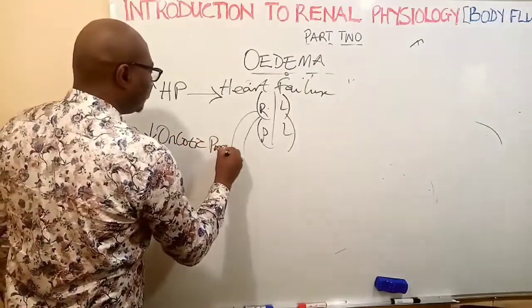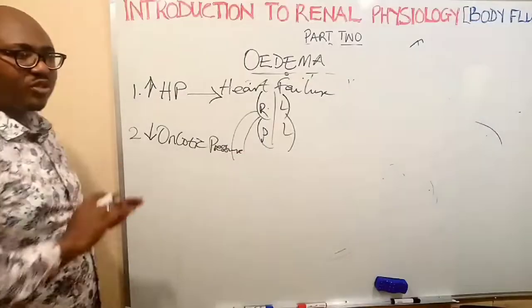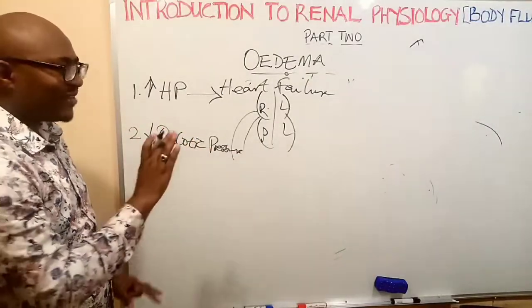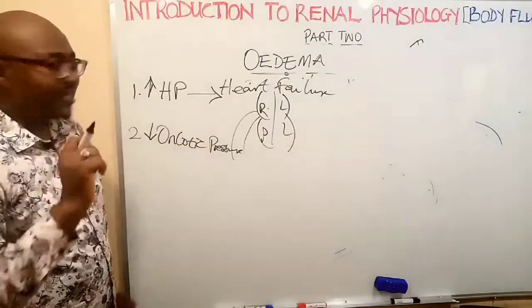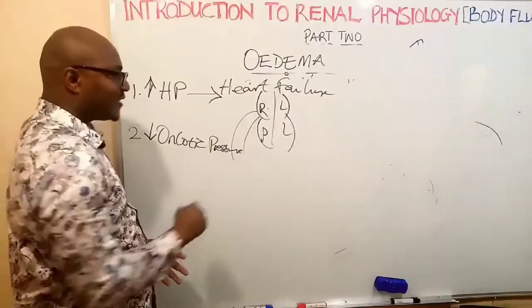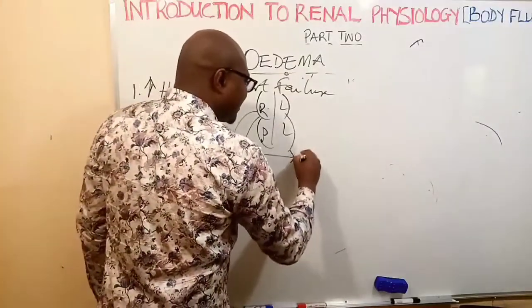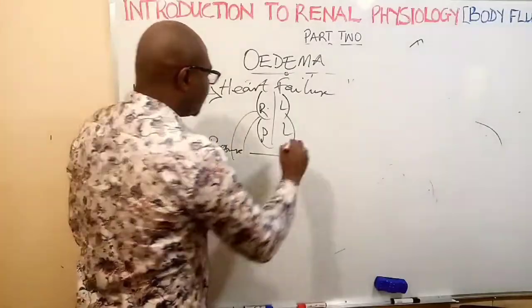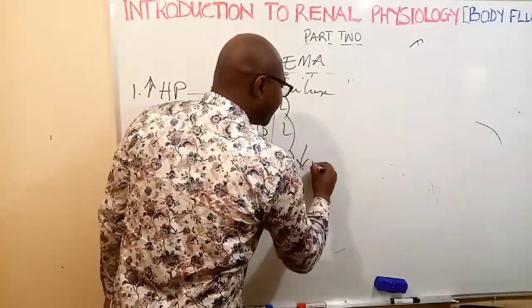So number 2 is decreased oncotic pressure. So decreased oncotic pressure means little plasma protein. You have less plasma proteins in the blood. And what are the things that can lead to that? Number 1 is that you are not taking in enough proteins in your food. So 1 is decreased intake